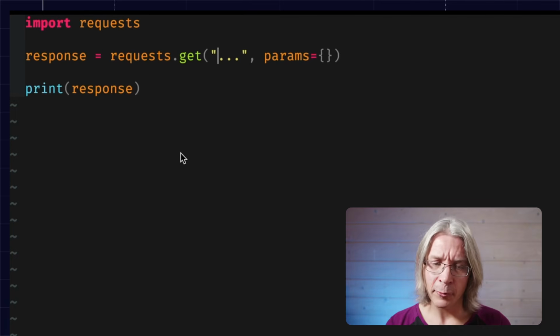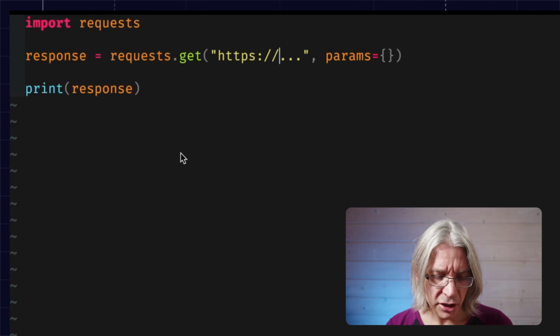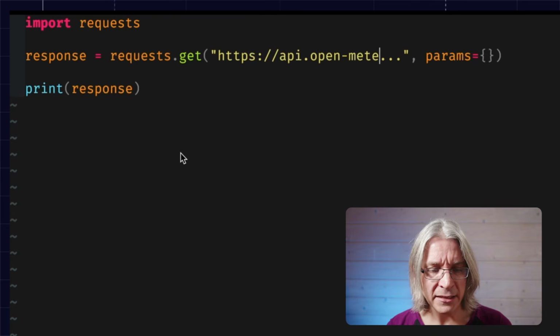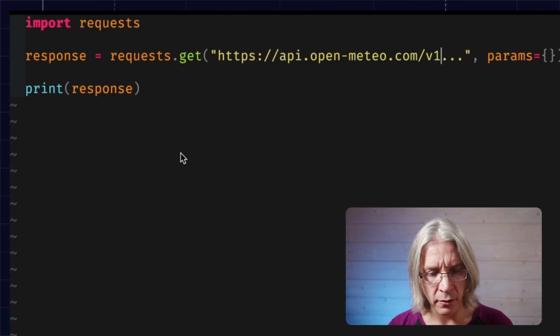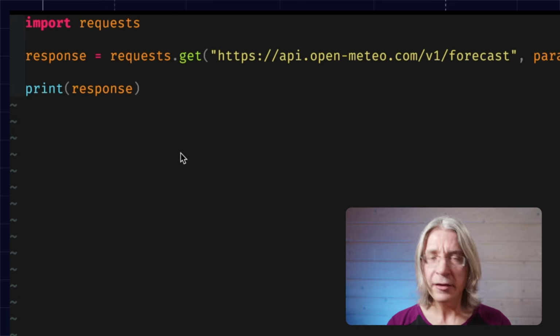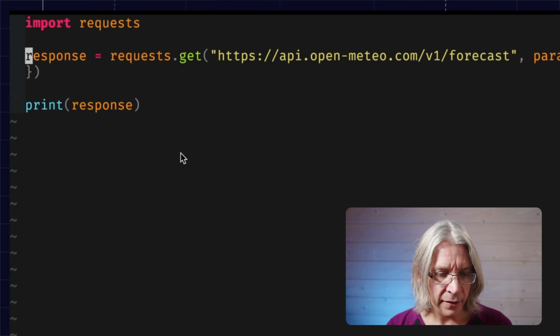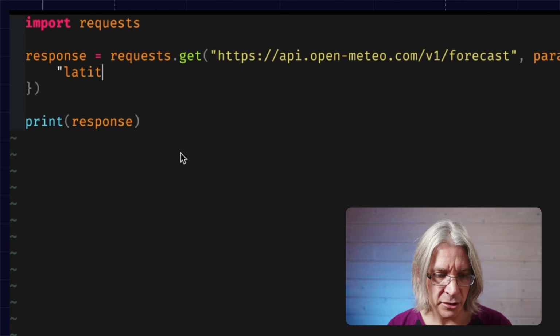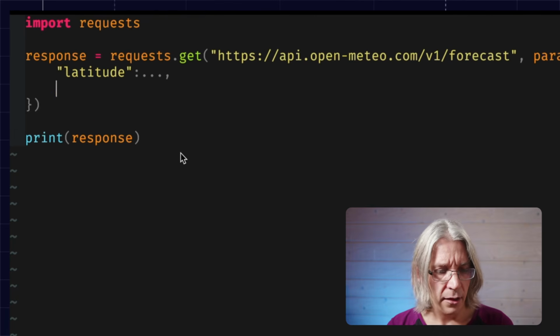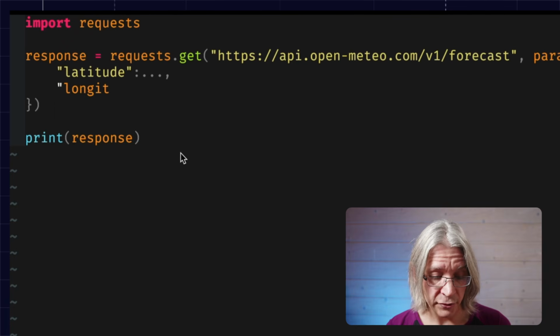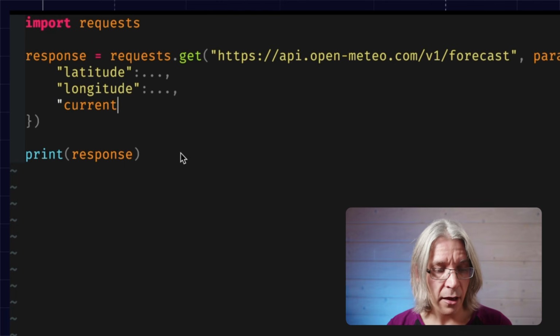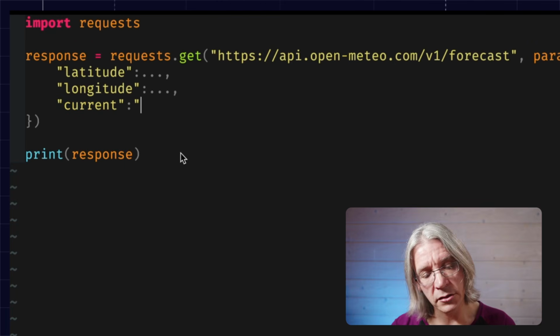But there is one I know which is useful to keep around, which is api.open-meteo.com/v1/forecast, a really simple open weather forecast API. Useful for things like this. Thank you, Open-Meteo, for existing. If I give it a couple of parameters, the latitude I'm interested in, the, guess what, longitude I'm interested in, and then I'll be able to say, I would like something like the current temperature at an altitude of 2